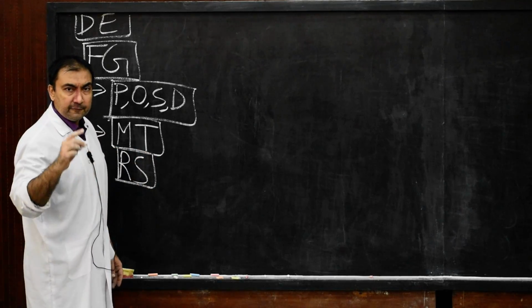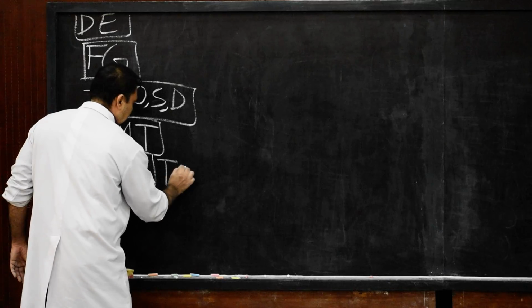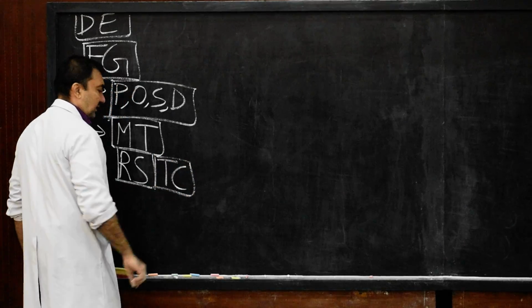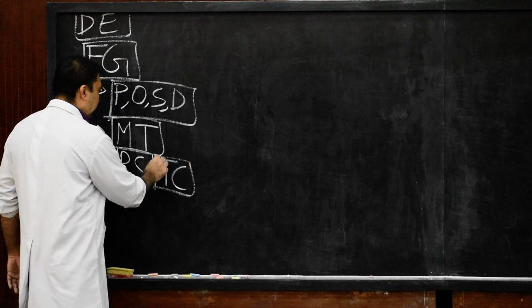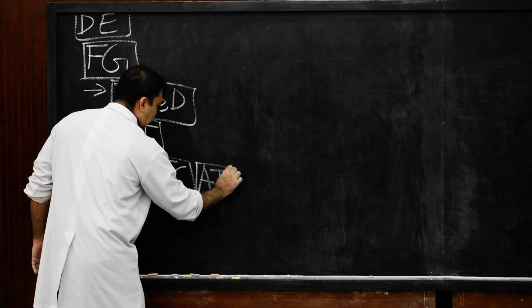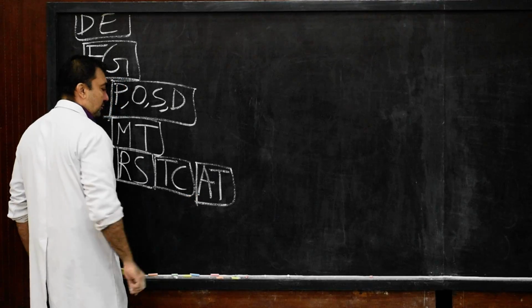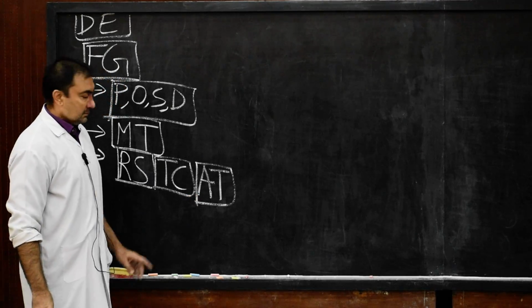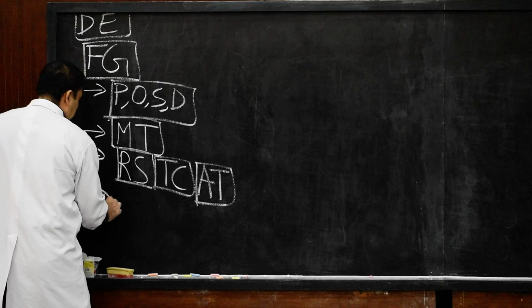The entire epithelial lining of tympanic cavity, that is the middle ear cavity, and the epithelial lining of auditory tube, which is also known as pharyngotympanic tube or eustachian tube. Then next will be